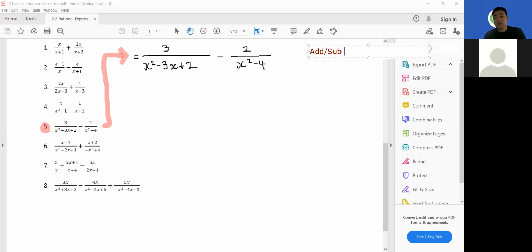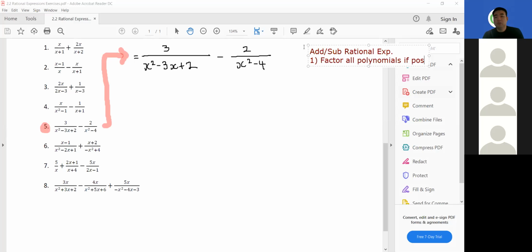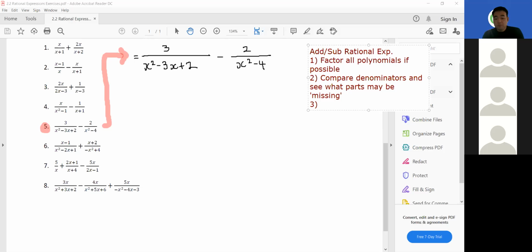Adding and subtracting rational expressions. Number 1, factor all polynomials if possible. Number 2, compare denominators and see what parts may be quote unquote missing, I guess. Such a non-mathematical way of expressing it. Number 3, multiply